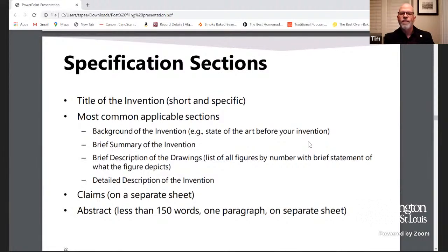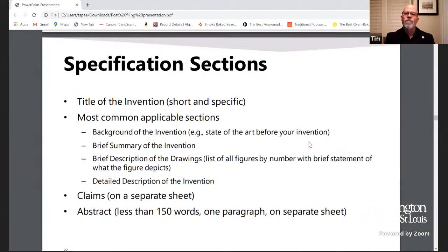So the parts of the specification, and this is what we saw when we looked at the patent, is you have the title of the invention. There are limits on that, the number of characters, I don't remember how many it is, something like 500. Then you typically have the sections of a specification. One thing, you'll first start off and you'll tell us a little about the background of the invention. You'll tell us maybe what other people did and how you came to invent what you did.